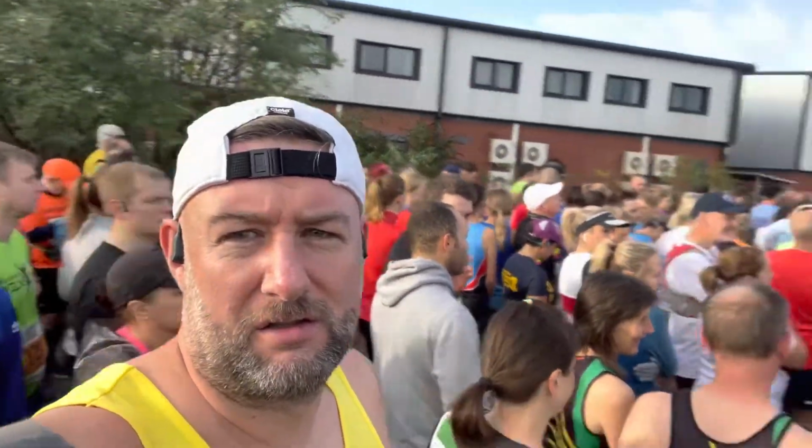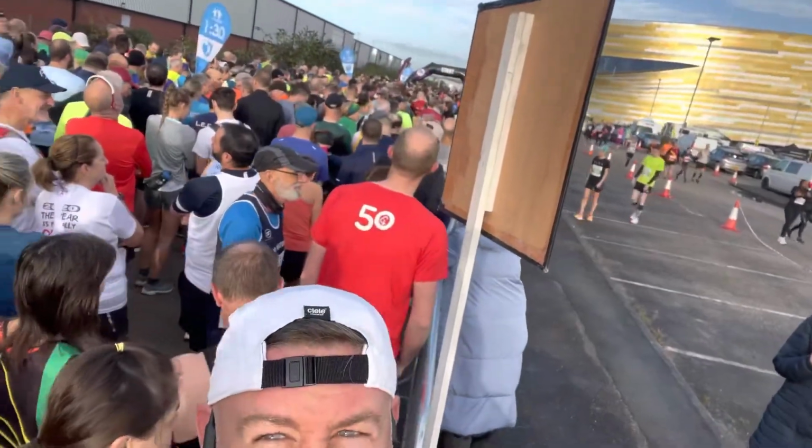Right guys, we are now down at the start line, back behind me that way somewhere, so we will pick up schoolboy area. We'll just lock the car up, come over to the start line. I've left the GoPro in the car, so we'll go around with the camera, and we'll just pick up some